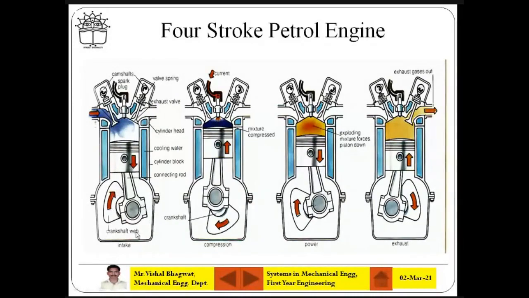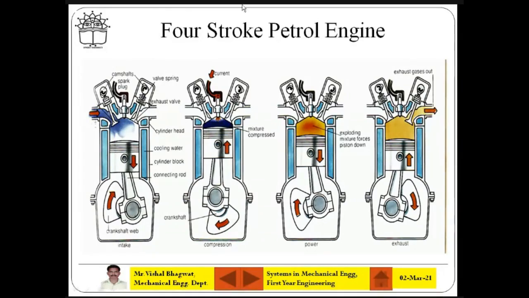So the crank is rotating like this. As soon as you switch on the engine, the crank starts rotating. When the crank starts rotating, the connecting rod is oscillating up and down, and as the piston is connected to that, it will reciprocate up and down. The topmost position of the piston is called TDC, top dead center. The bottommost position of the piston inside the cylinder is called BDC, bottom dead center. So the piston is going up and down here.